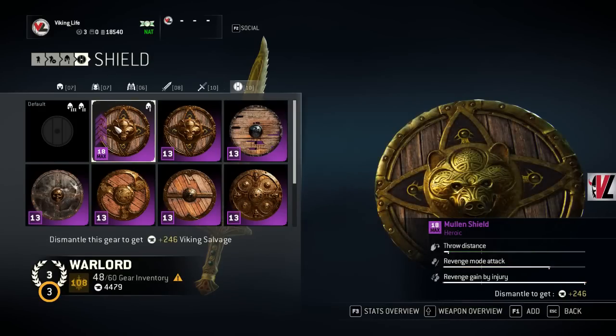Kazan shield. So I sacrificed throw distance because he has enough, just his base throw distance is pretty nasty. The Warlord's throw is awesome, so I'm not ever really too worried about it. That's why I stacked Revenge Mode Attack and Revenge Gain by Injury. Every time I get hit, I'm just gaining revenge. And that also stacks with my Revenge Gain by...